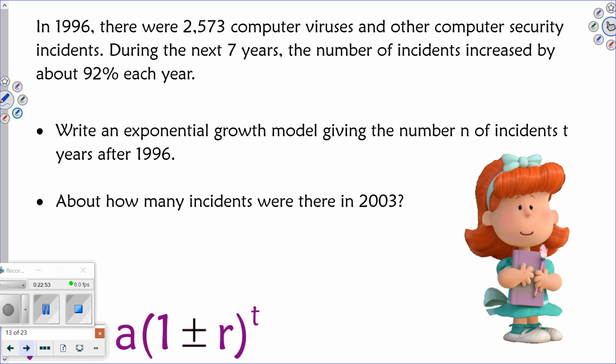Okay, so I'm going to use my model. So y equals, how many am I starting with? The 2573. Is it plus or minus? Plus. And my rate, 0.92. And then t. The exponent's gonna be 7, but